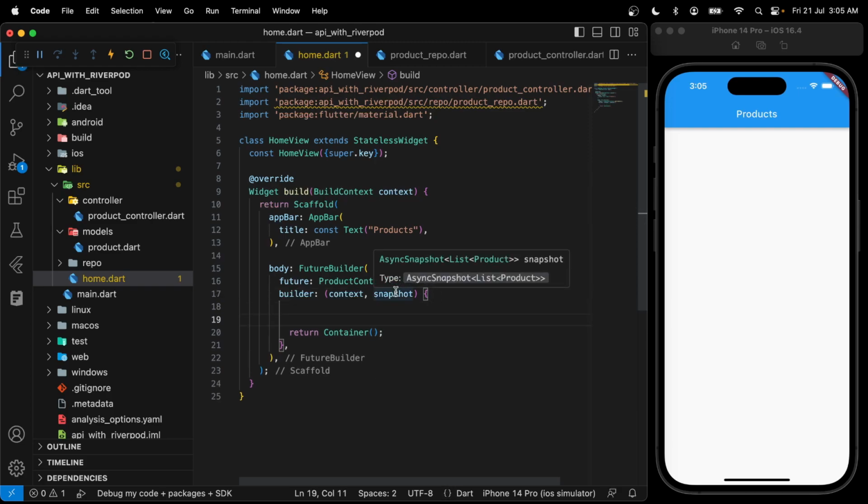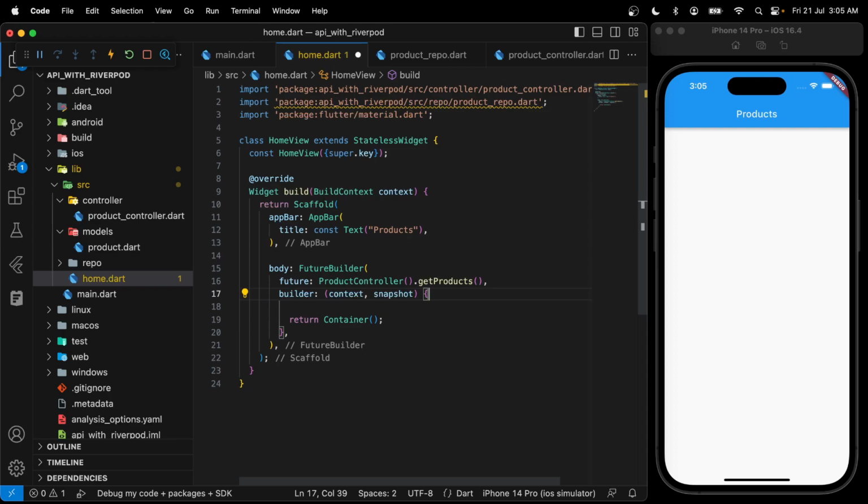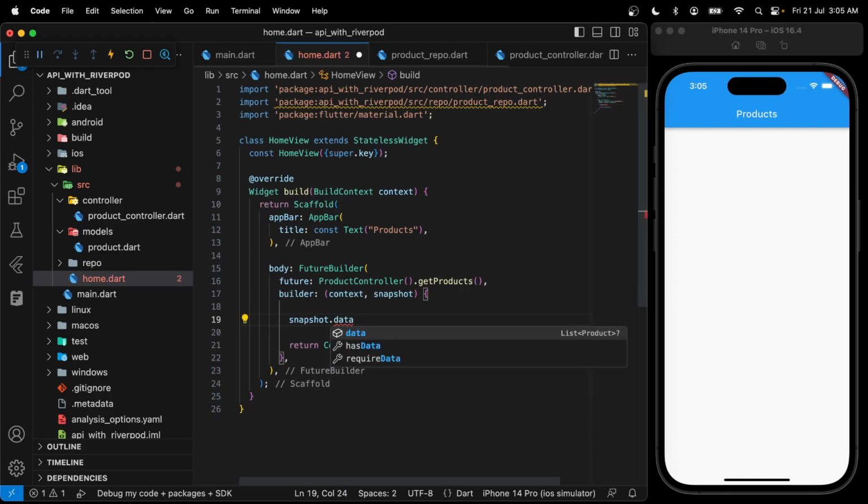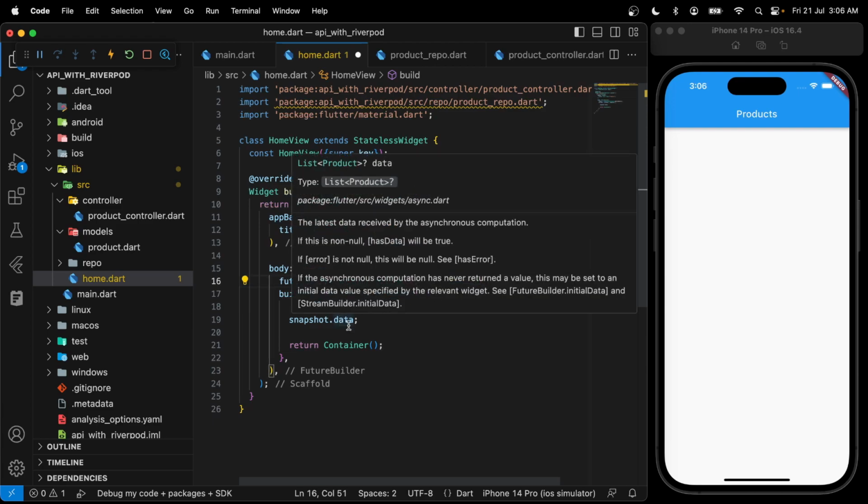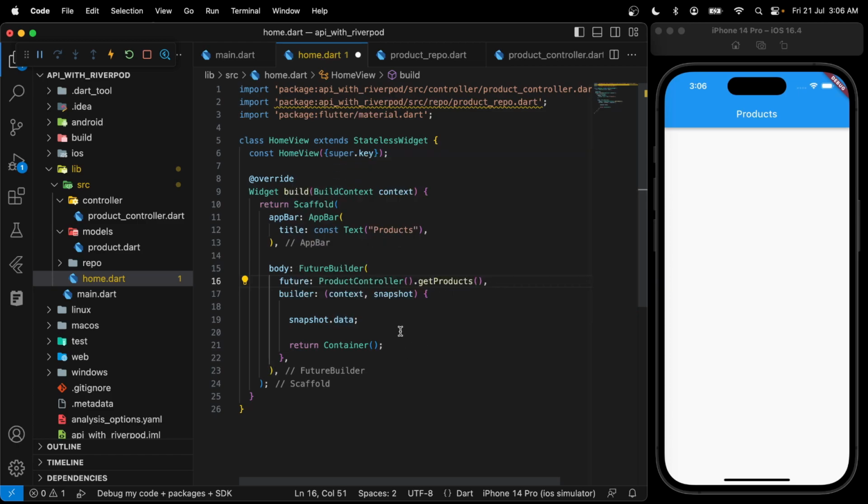Okay, so this snapshot gives us access to the data, right? To get access to the data, all you have to say is snapshot dot data, and it gives us access to data that comes from this future call we made. So you can hover over it to verify, yes, it is of type list of products, but wait, it can be null as well, right? And in case it is null, we can say if snapshot dot data equals null, we can return